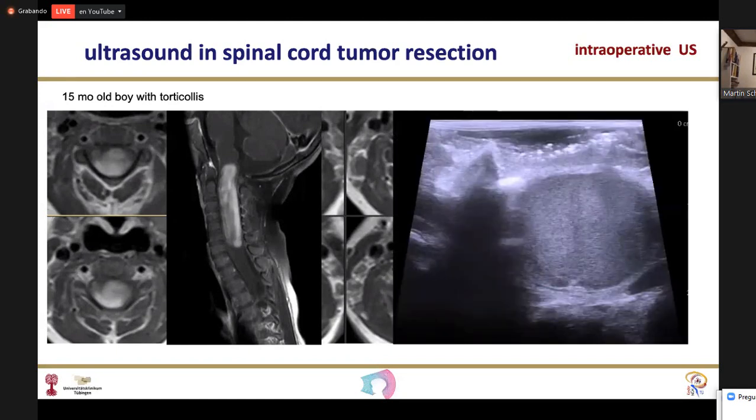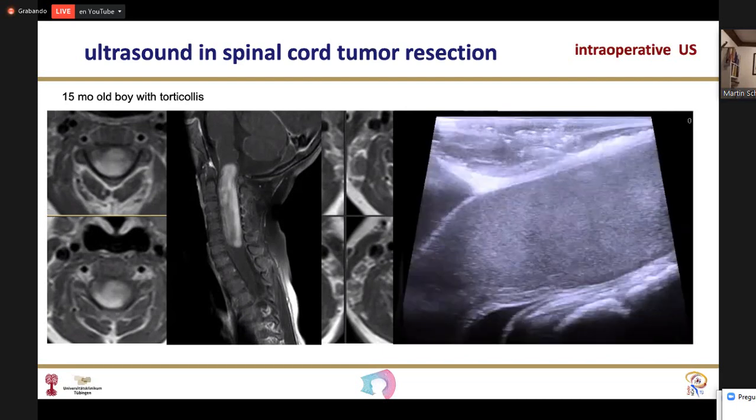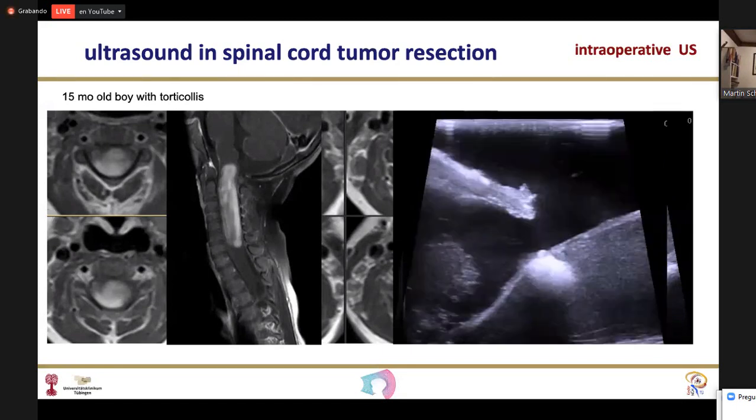And you can also see in the higher resolution ultrasound, this is at 14 megahertz, our intraoperative linear scanner, and you see no clear border whatsoever between the tumor and the surrounding spinal cord. And here again, there's not even a hint where the tumor ends and the normal spinal cord tissue would start, because it was indeed infiltrated. You see now the upper part, and you can nicely mark when you start opening the spinal cord between the dorsal columns, you put in a little piece of gelfoam or Surgicel,